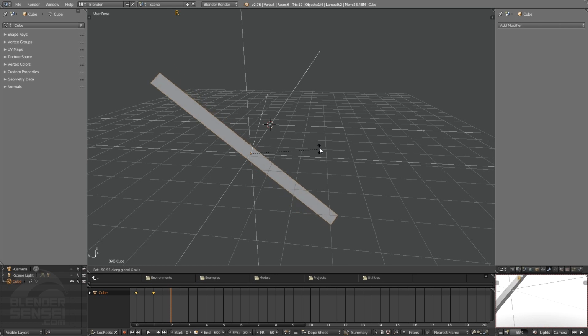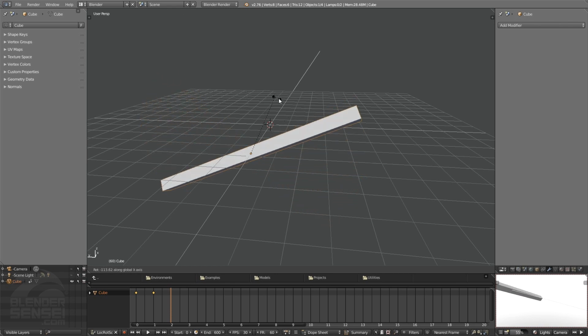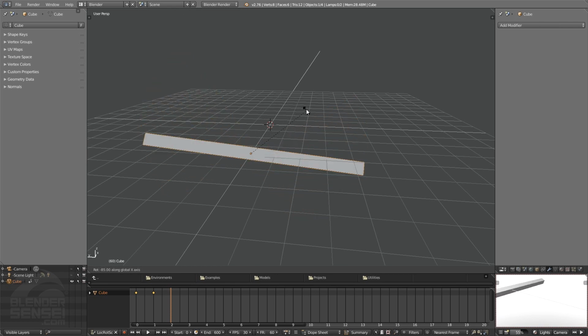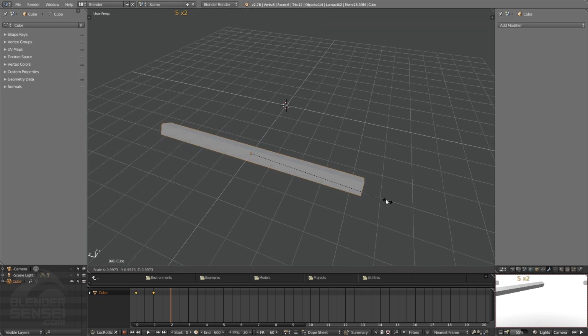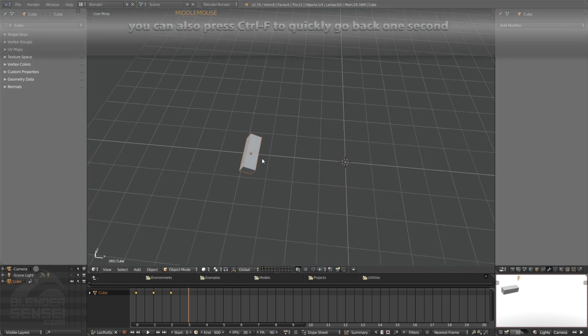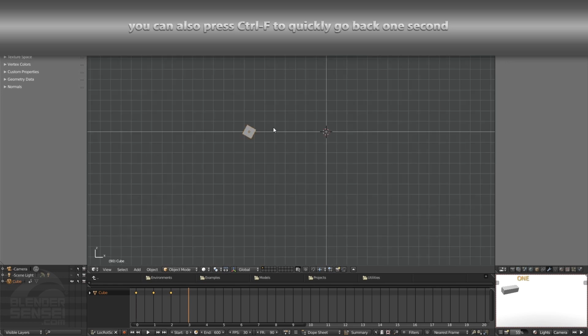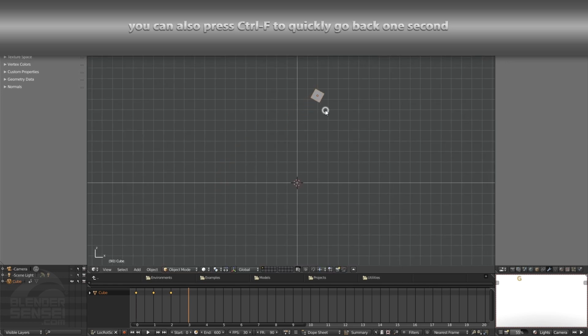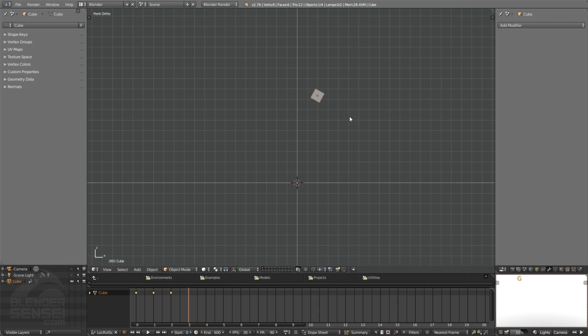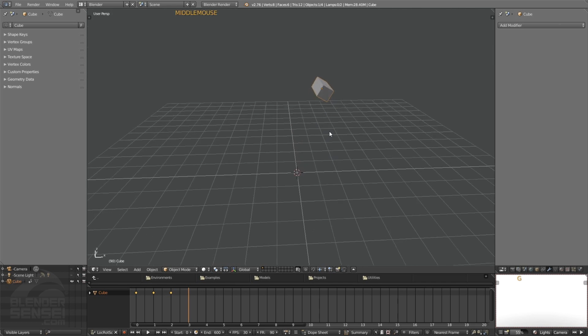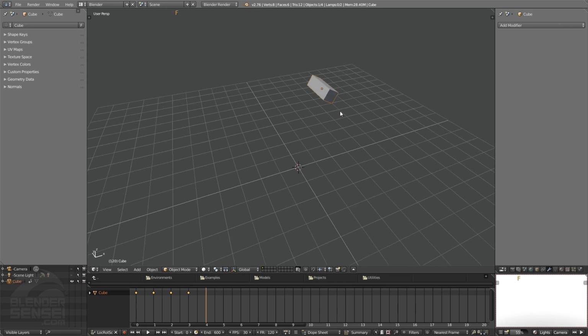R to rotate, middle mouse to constrain to get it to spin around the X axis, hold Control to snap to precise angles there, maybe scale it back down, press F. And if you're following along, you don't have to do it exactly like this. Just by using G to grab, R to rotate, and S to scale, just move this around a bunch. And every time after you change it, just press F, and that will insert a keyframe for us and move